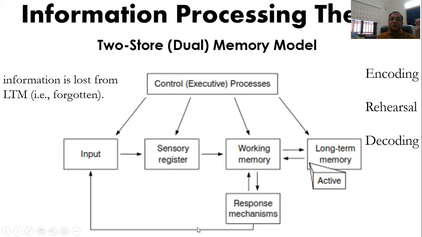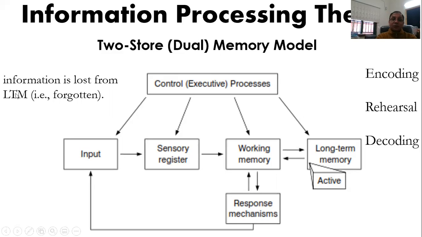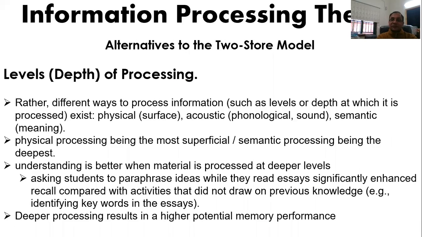So a few terms. There is LTM, long-term memory; STM, short-term memory; WM, working memory. So these are some of the terms which are used here. So an alternative to the two-store model is what we call levels of processing. Now, according to this, this idea says that